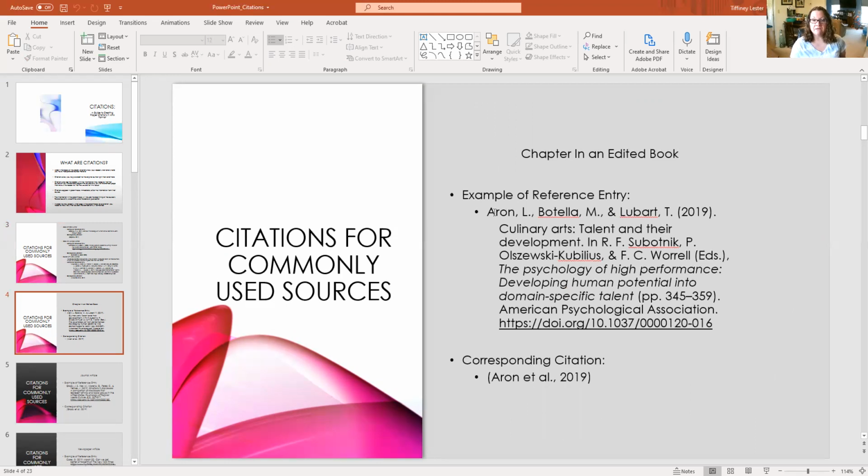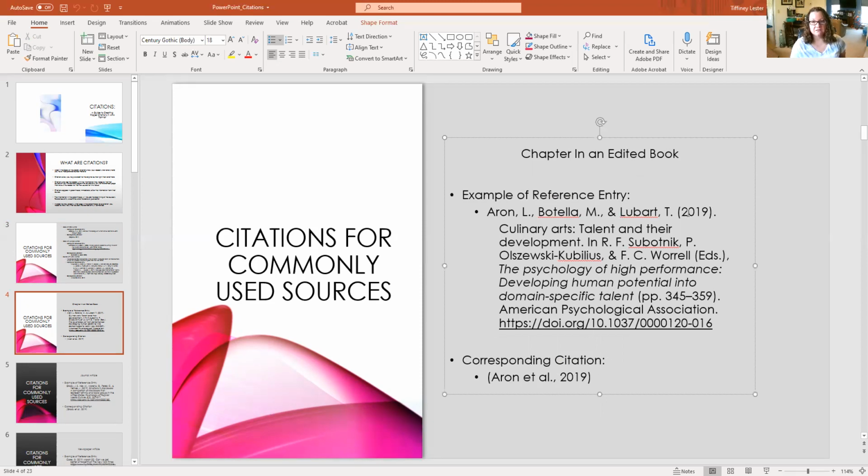In this example, we have multiple authors, three: Aaron, Botella, and Lubar. Since we have more than two, we use the one listed first, how the entry begins, Aaron, and then our abbreviation et al., period, then our comma,